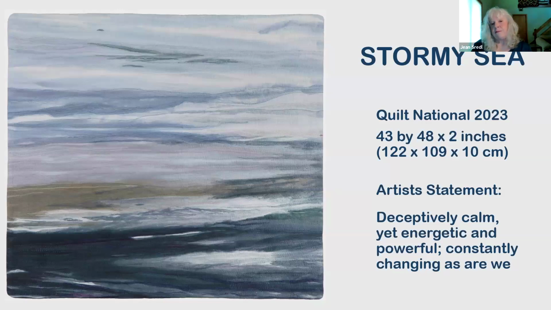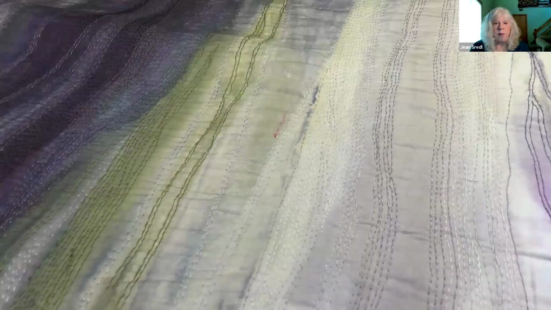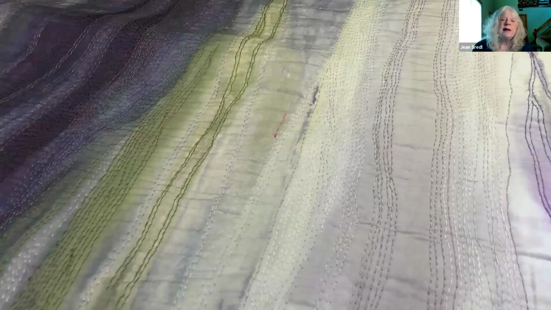I drip dyed by hanging it over a pole. I start with darker colors on one end and lighter colors on the other end, and they blend together and they form all different kinds of shades, and they can break together. I use 12 weight Aurifil thread and 110 needle, and I use heavy felt as a backing, and I stitch along the colors.